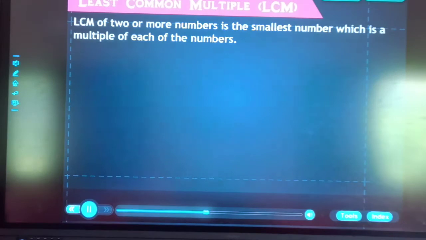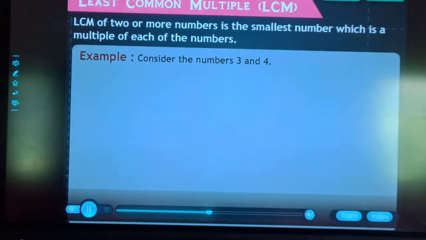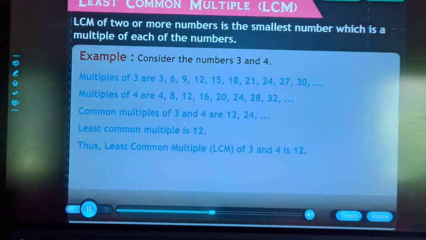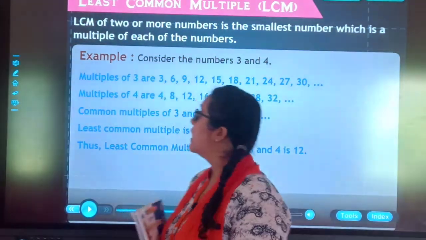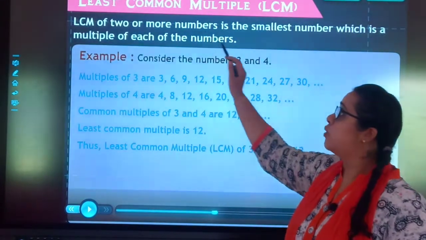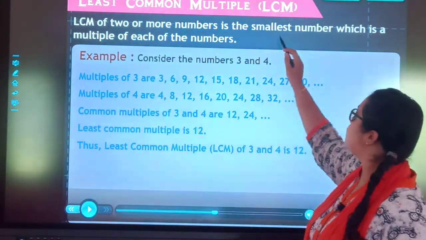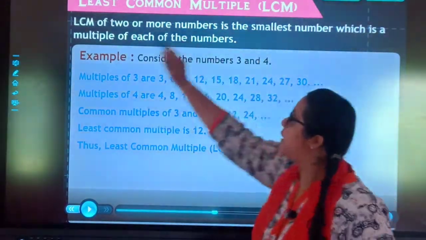LCM of two or more numbers is the smallest number which is a multiple of each of the numbers. Example, consider the numbers 3 and 4. Multiples of 3 are 3, 6, 9, 12, 15, 18. So students, first LCM of two or more number is the smallest number which is a multiple of each of